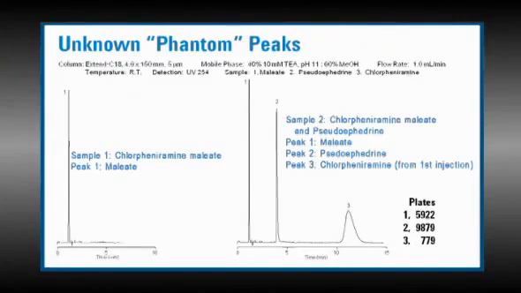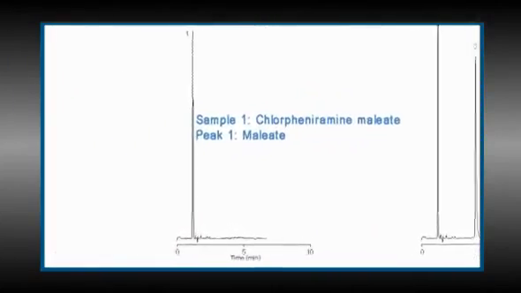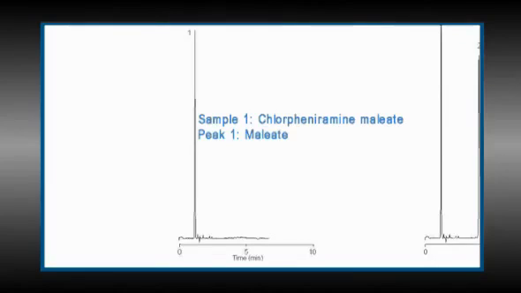This is an example of an injection of chlorpheniramine. Chlorpheniramine is an antihistamine. I like this example because it actually demonstrates several concepts. Chlorpheniramine maleate is a salt of maleic acid and chlorpheniramine. As an aside, when we have samples that are salts, we typically see two peaks. One peak is from the acid, in this case maleic acid, and the other is from the base, in this case chlorpheniramine. In solution, the salt dissociates and the acid and the base typically move down the column